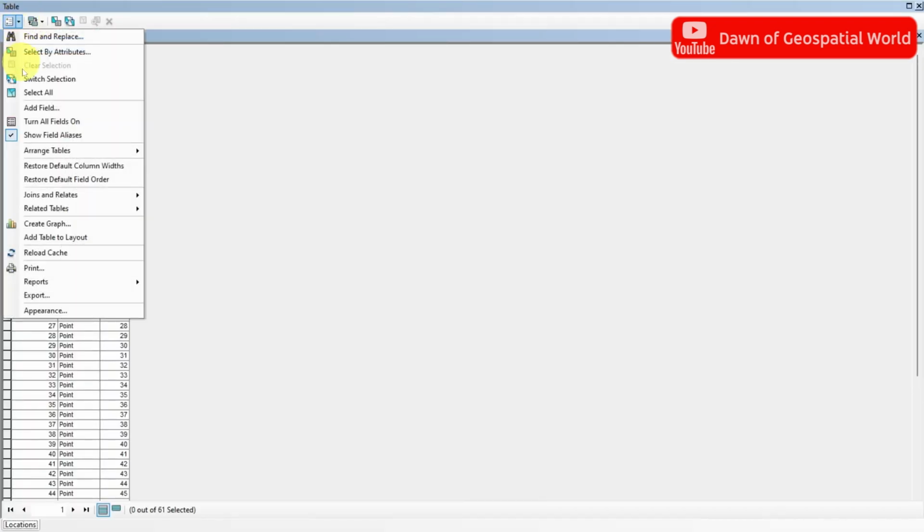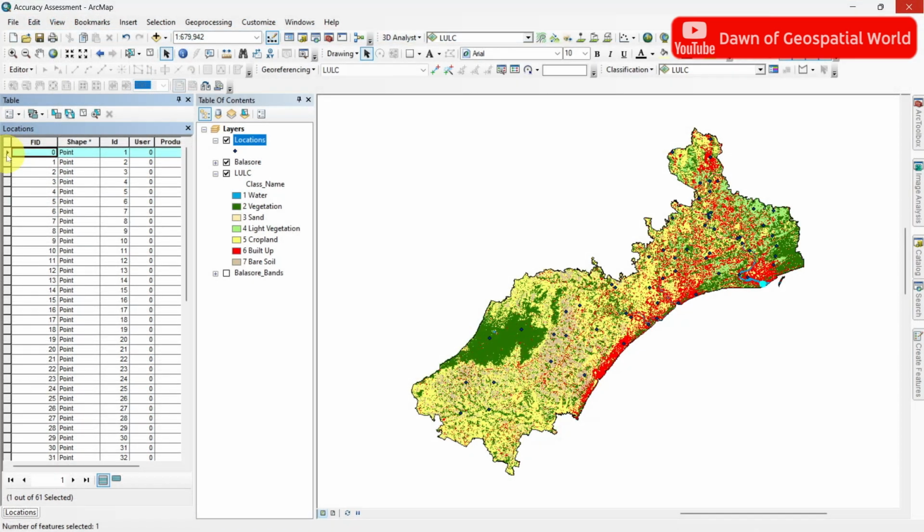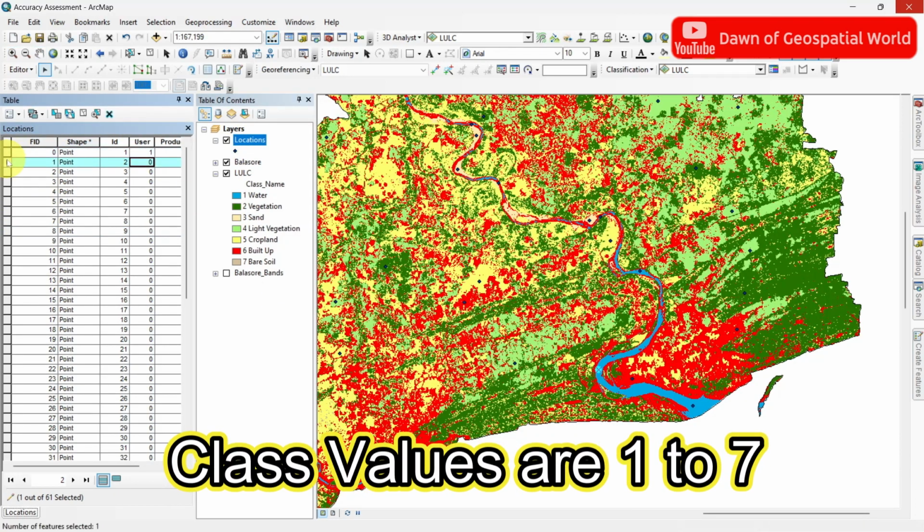Add two new columns named user and producer. Fill the ID value and related class value in user.